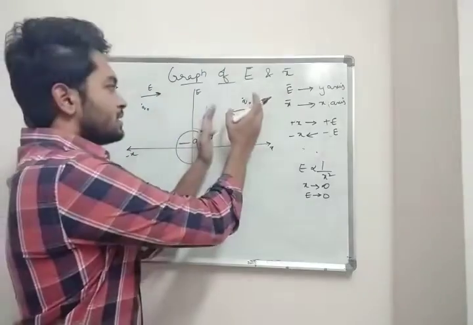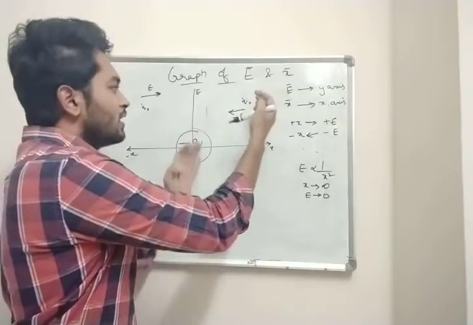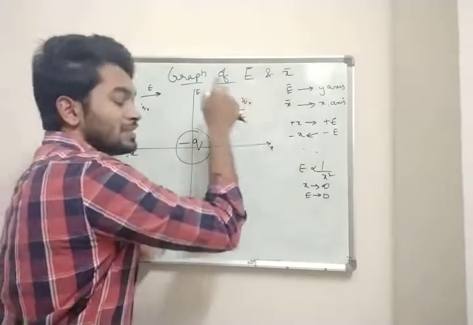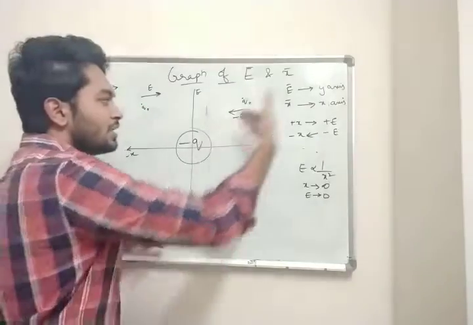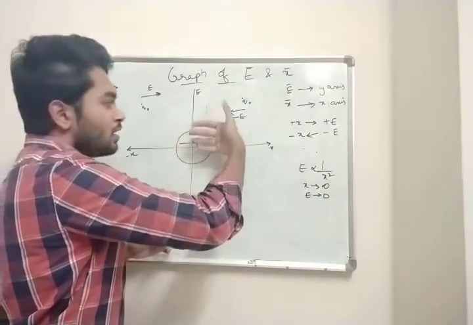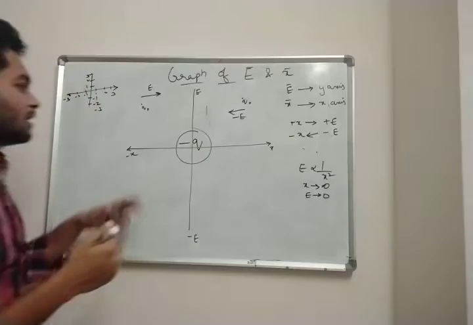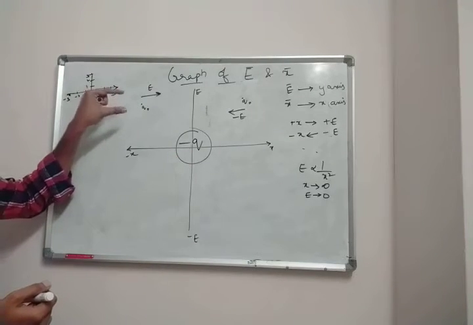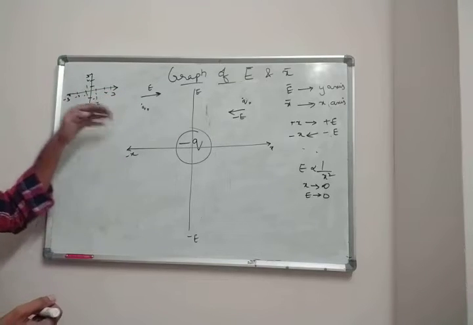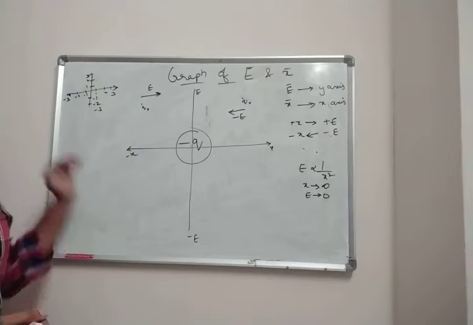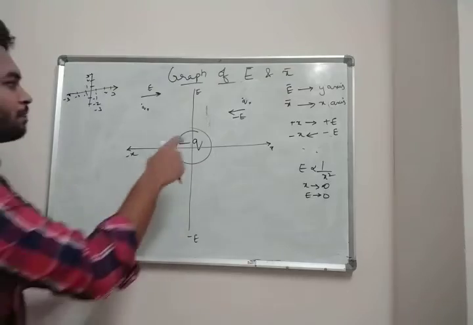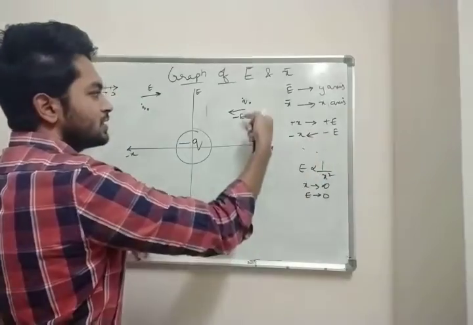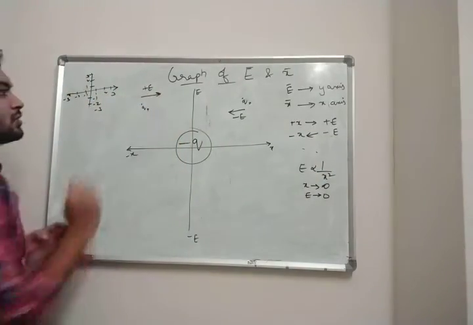If I place it in the first quadrant, here you have a negative q, so this positive test charge will get attracted, so electric field is in this direction. Here you have again negative q, and here your positive test charge, this q naught is your test charge, so electric field is in this direction towards q, right? So according to our sign convention, this is negative electric field, this is positive electric field.